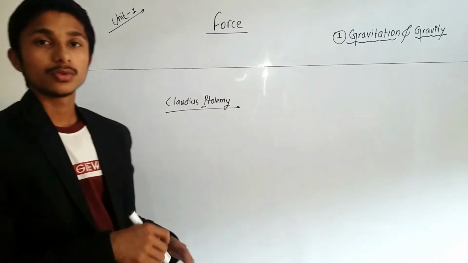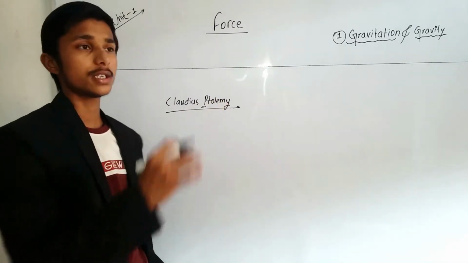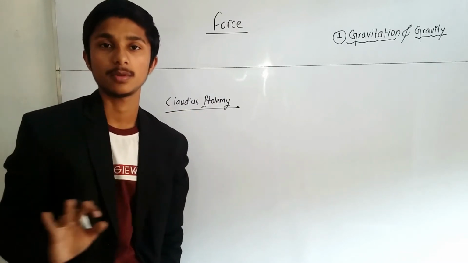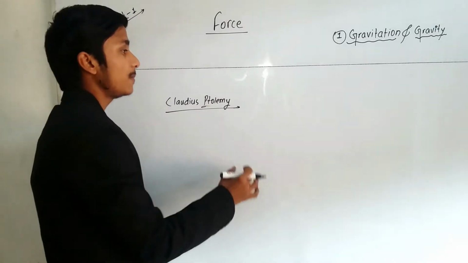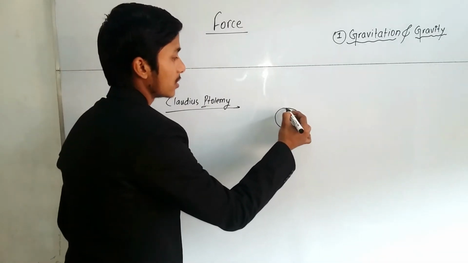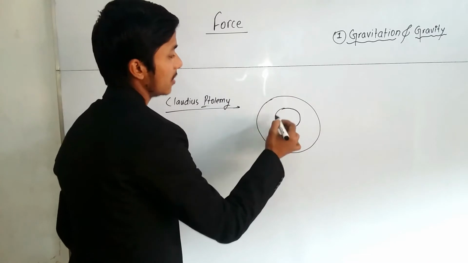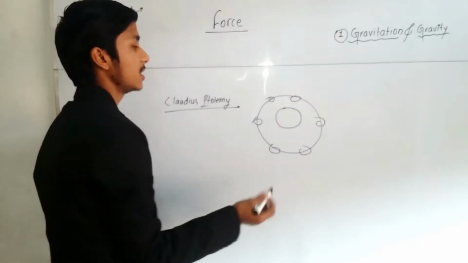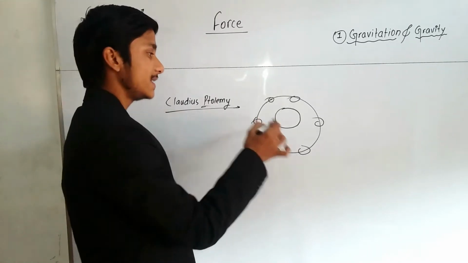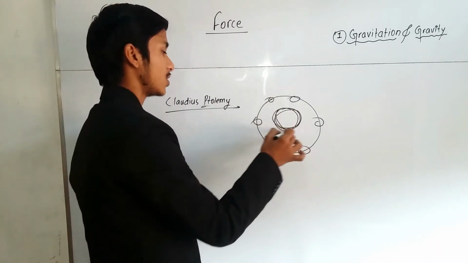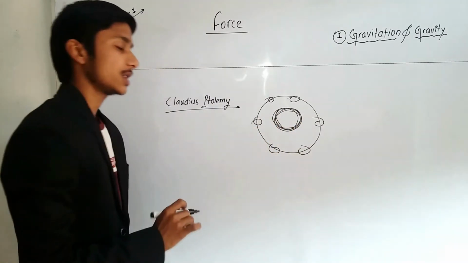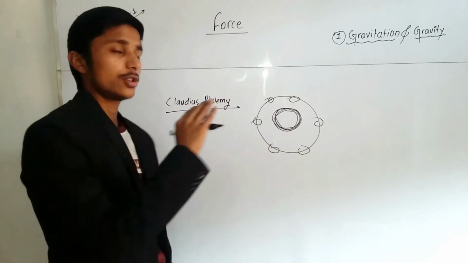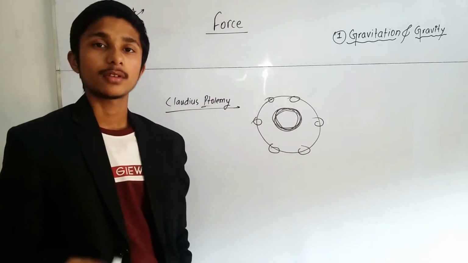According to this theory, every planet, every celestial body, revolves around the Earth. It means that according to this theory, Earth is the central object and other planets revolve around Earth. This theory continued for a long time, and then came the second scientist,